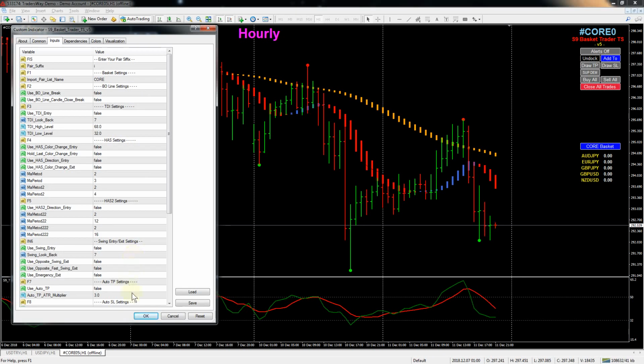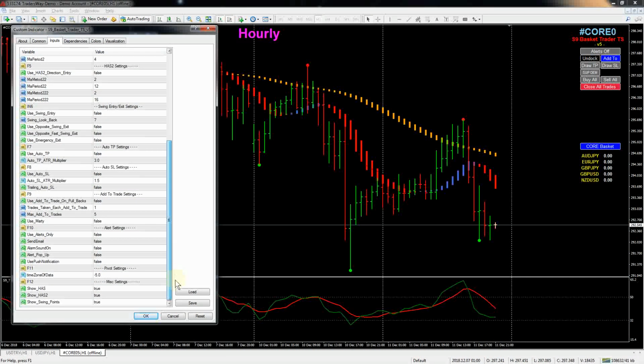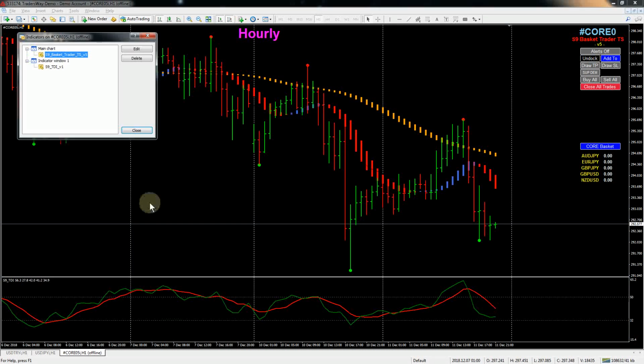And auto take profit, auto stop loss. So I think that about covers everything that's been added. Remember this, set that correctly. You don't have to use it on a single chart if you don't want to. If you want to,